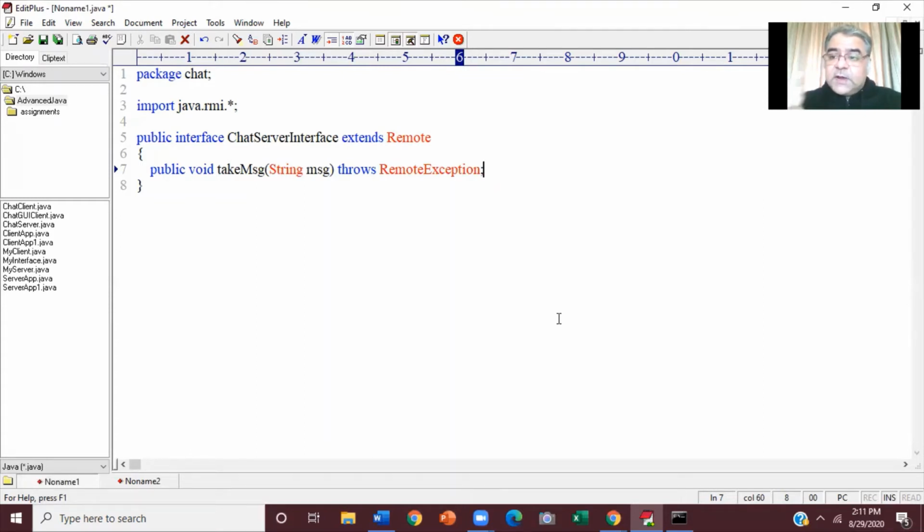But then server also has to call a method on client. So again, is server going to call that method directly on client? No. He's going to call it on client stub. Whatever method server has to call on client, he's going to call on client stub. Now the question comes, how will server get client stub? Client gets the server stub by looking up in RMI registry. How will server get client stub?